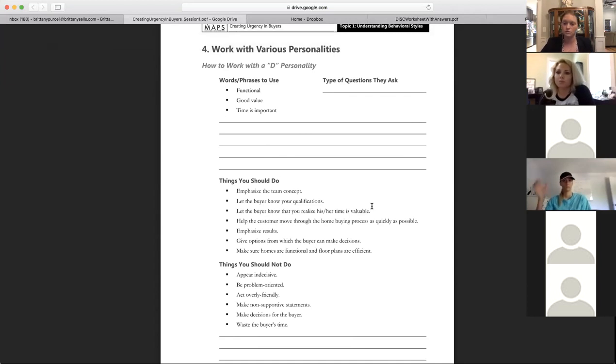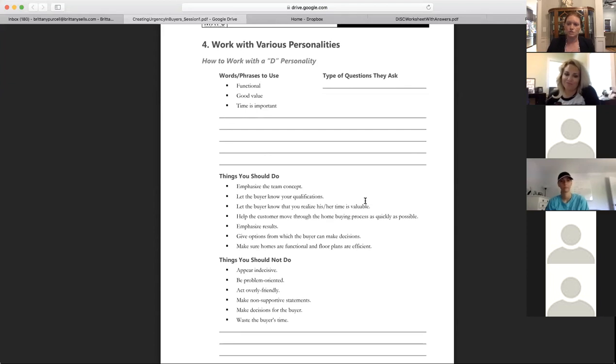Come prepared, go in with a plan, come out with a result, and don't waste their time. You can be in and out with a high D. If they've decided to hire you already, you could come out with a listing agreement in a listing appointment within 15 minutes. If they have not decided to hire you yet, with a great presentation, you can be out in 30 minutes. A high I, you will never get out in that much time. A high C, you will never get out in that much time. You just got to know who you're going in with, okay?